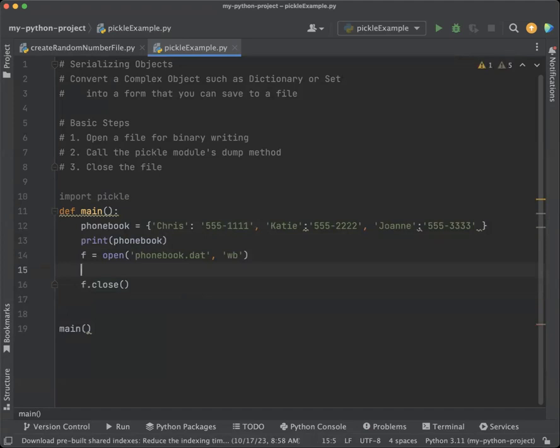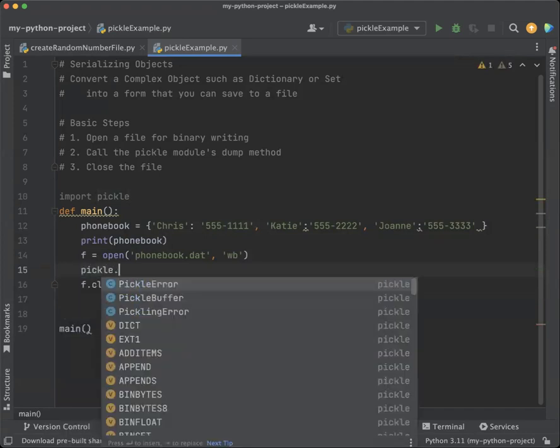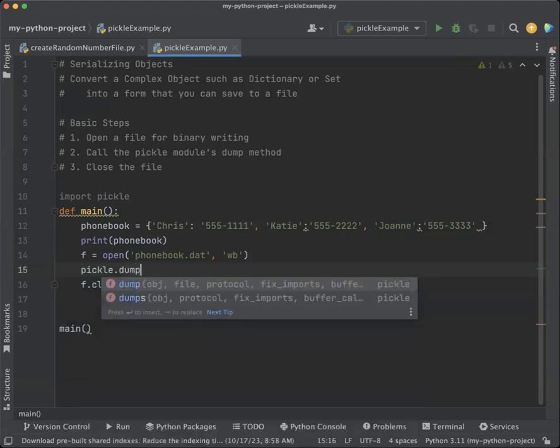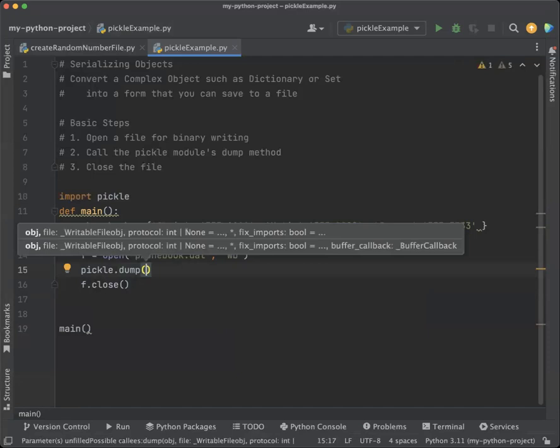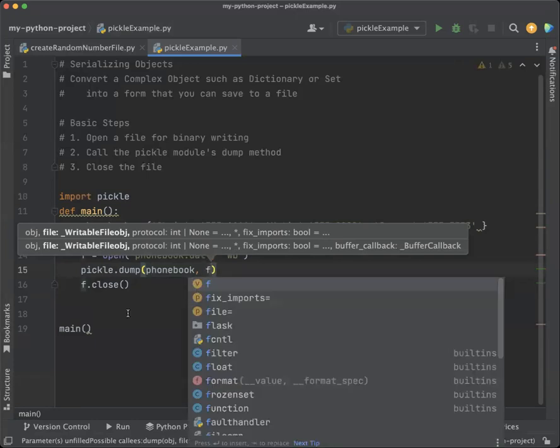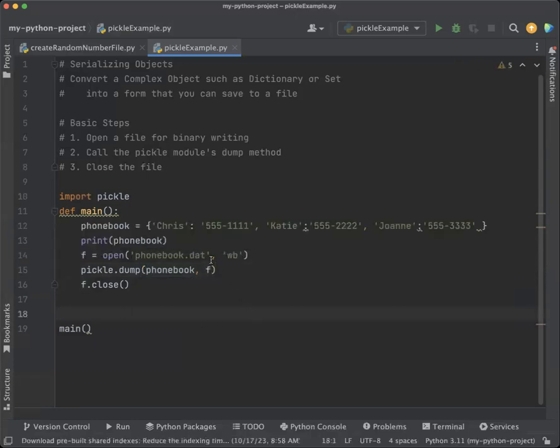Then we're going to call from the pickle module the dump command. If you look here in the help, all you have to have is the object to dump and the file. In this case, we're going to dump phonebook to the file f, which is phonebook.dat. Then we can close the file. We should be good. So if I run this,